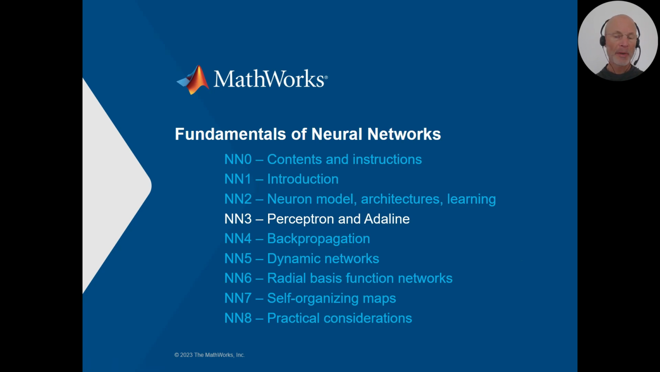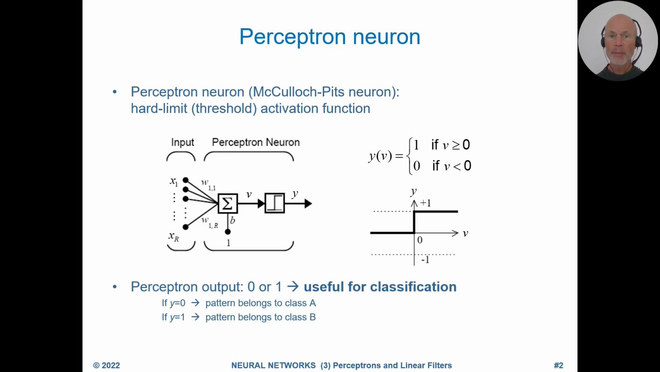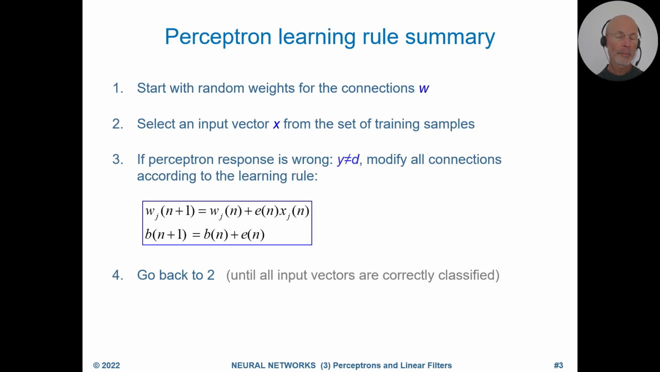In this chapter, we present Perceptron and Adaline. Perceptron neuron is a simple neuron with hard limiting activation function. Therefore, its output can be either 0 or 1, and as such, it is useful for classification. Perceptron neuron can be trained by perceptron learning rule, which starts with random initialization of connections, and then it's picking